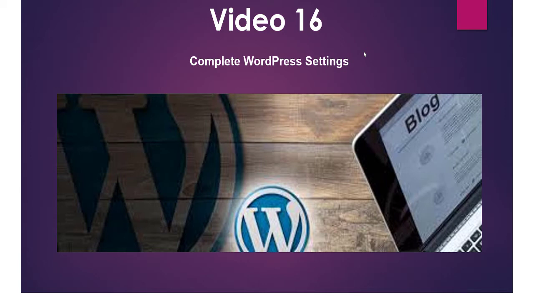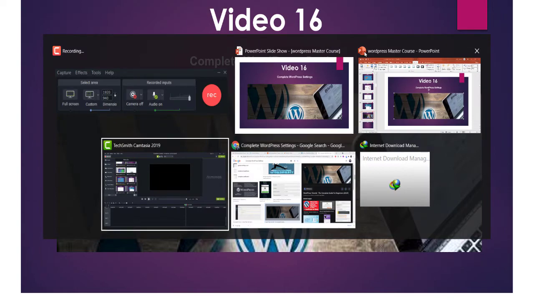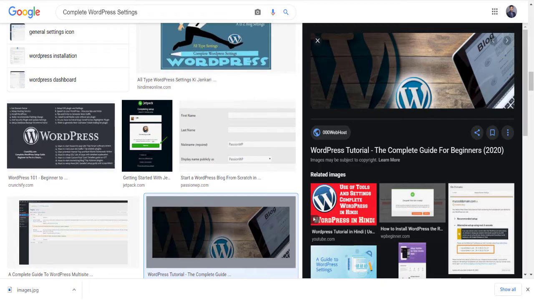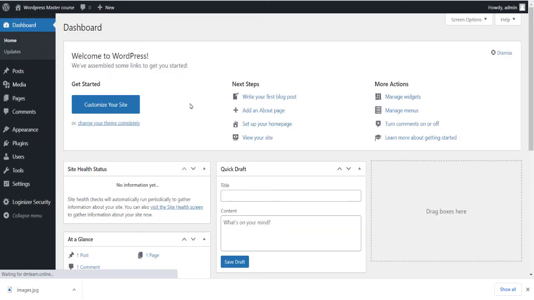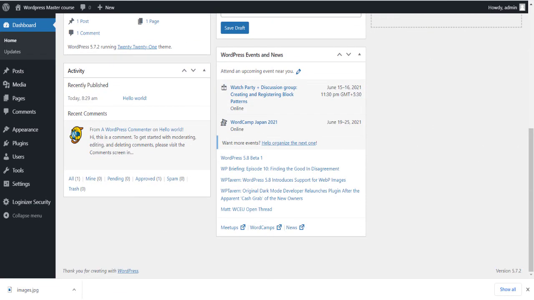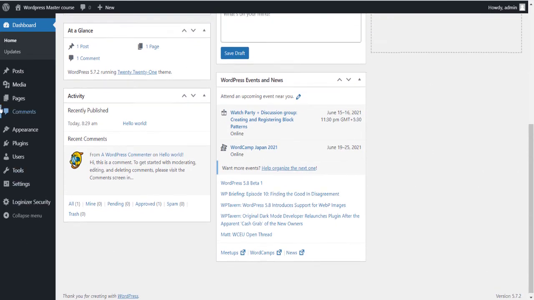So let me log in to my WordPress admin panel. Once you log in, you can see this is basically the complete WordPress dashboard. This is a dashboard where you can see upcoming event information, how you can create your page, set up your home page, and check your website health, everything.